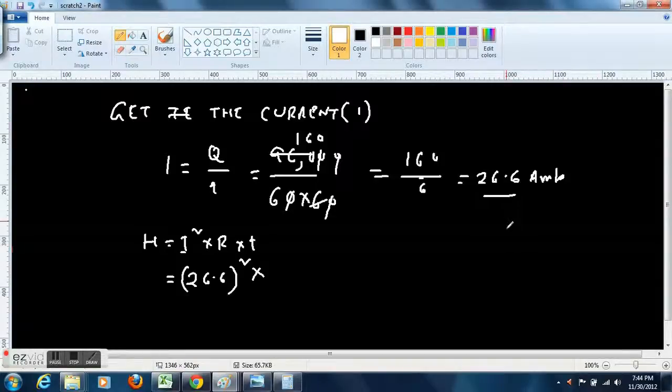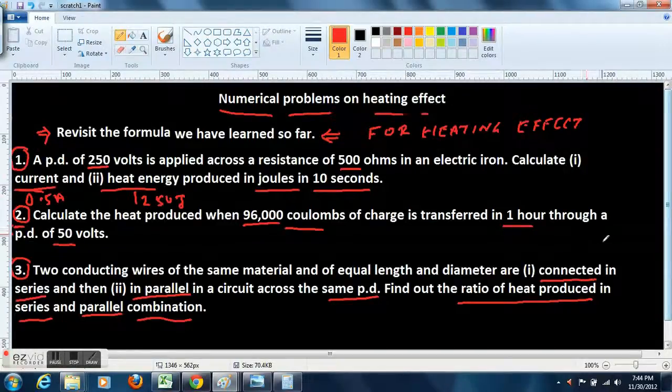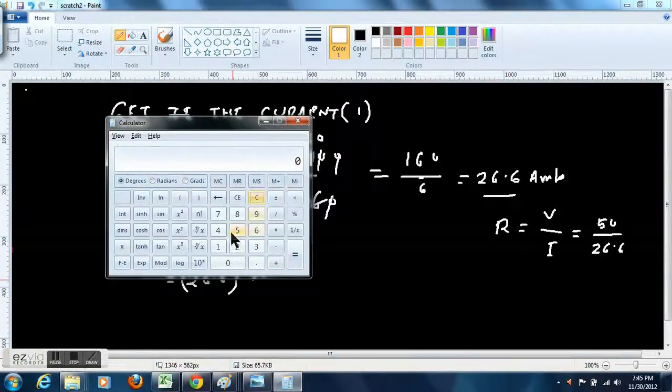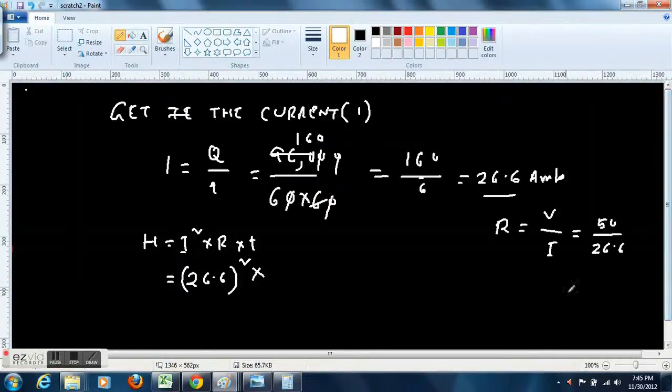equal to potential difference upon current flow. The potential difference is 50 volts. Current flow is 26.6, so 50 by 26.6 is coming to close to 1.8 or maybe 1.9, equal to 1.877